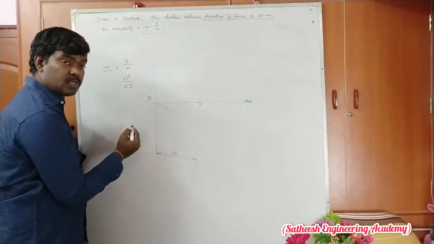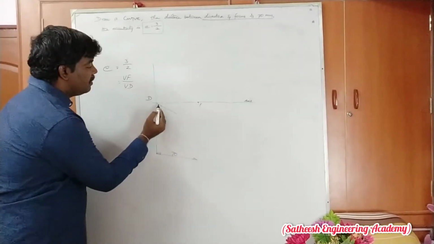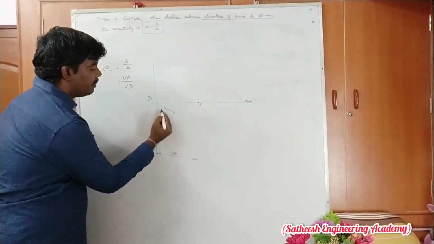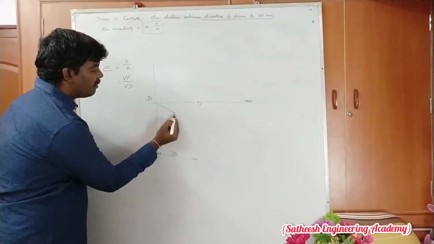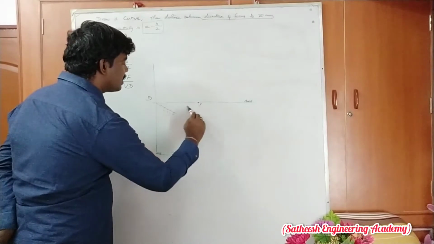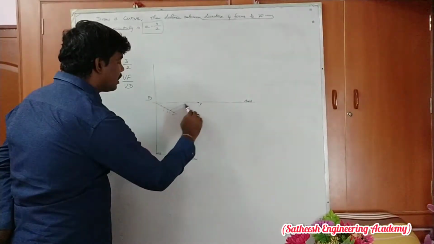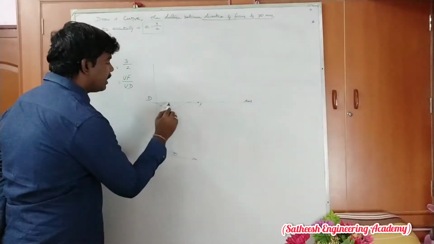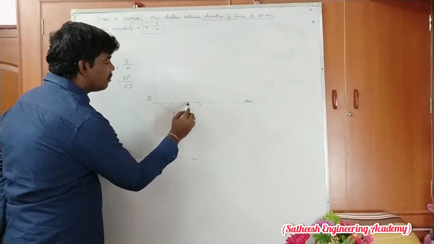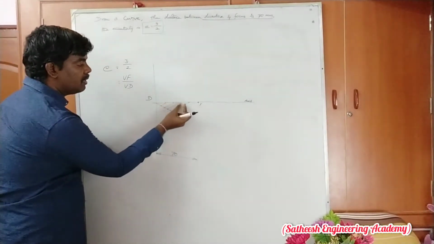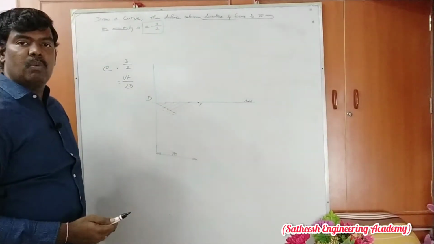You know the procedure, the divide a line method. From D, 1, 2, 3, 4, 5. Next thing, from last and last you join it. After that, you draw the parallel lines. So 1 equal part, 2 equal parts, 3 equal parts, 4 and 5. So 1, 2, 3, 4, 5 equal parts over.